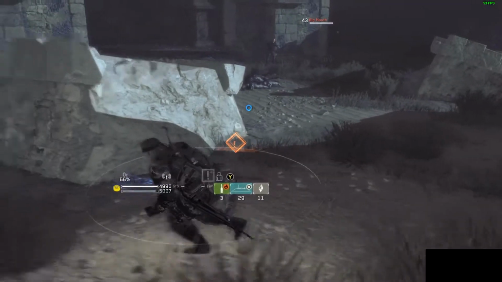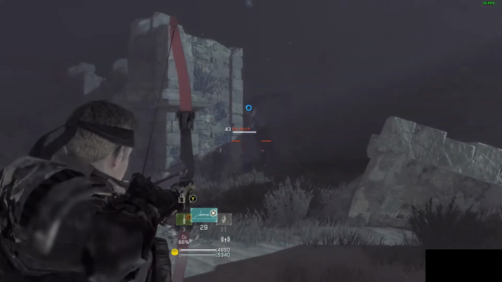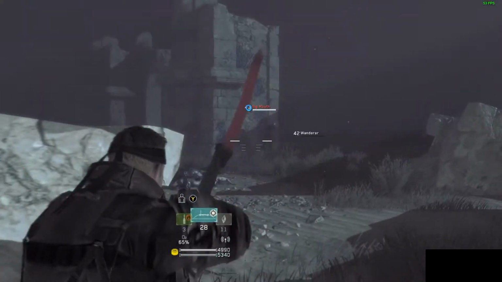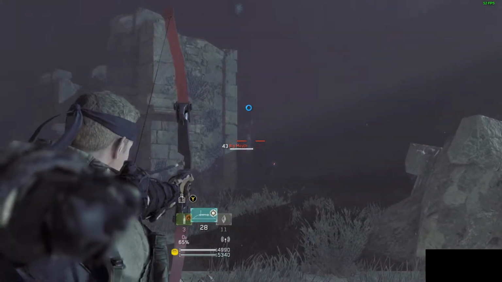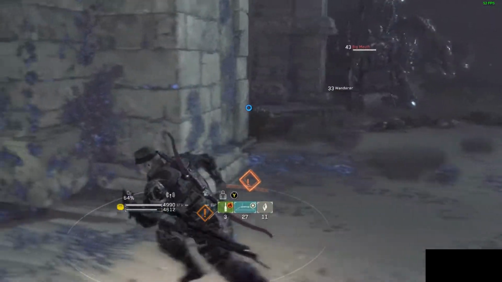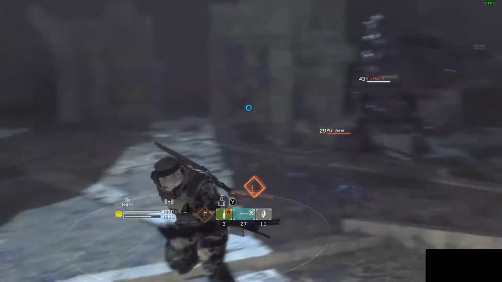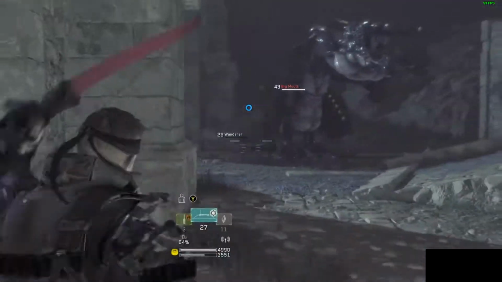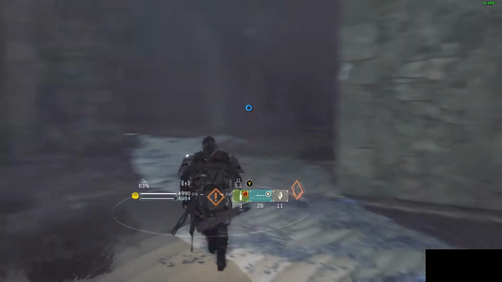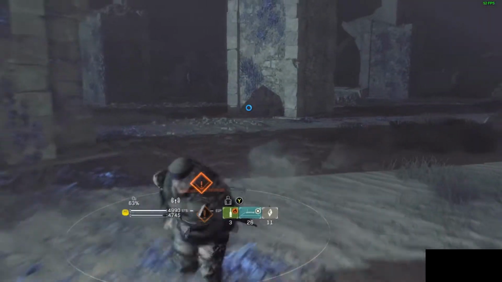We want to start the fight. There's a big pile of bodies kind of right there. I started with Molotoving all the Wanderers in the area. As you can see right here, I'm using a blue quality bow, and I've got some grenade arrows equipped. These didn't seem to be incredibly effective,